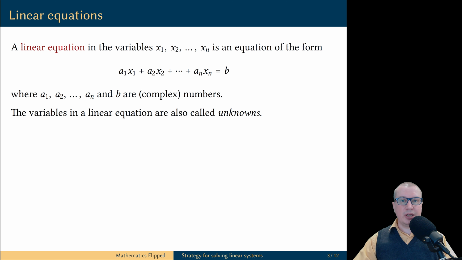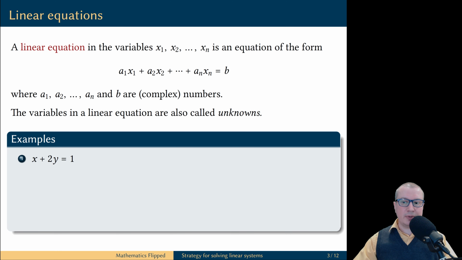When the difference between real numbers and complex numbers is going to be essential, I will make a special note of this. A linear equation has this strict, rigorous form. Each variable appears in the equation exactly once, and all we can do is multiply variables by constants, add up the results, and equate the result of this addition to yet another constant. Let's look at some examples.